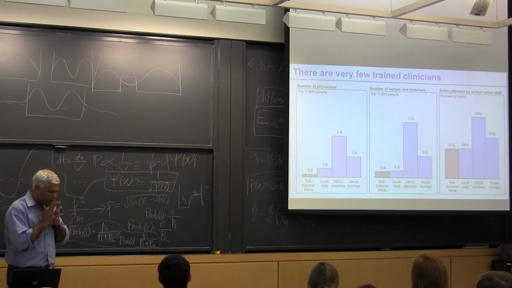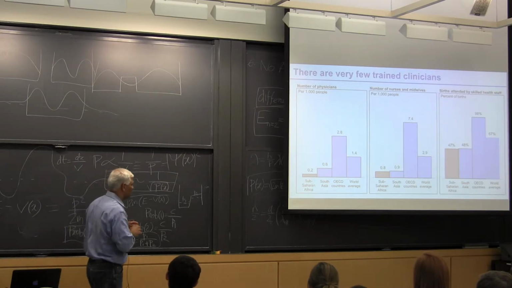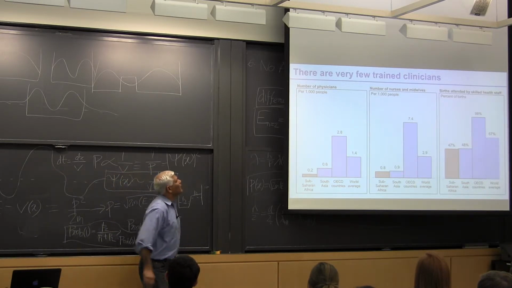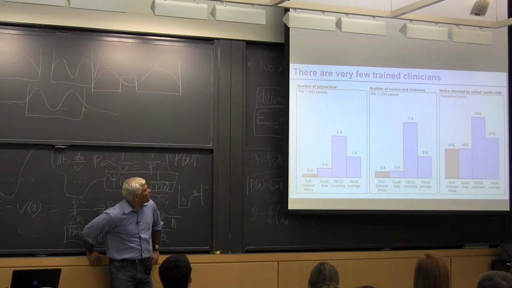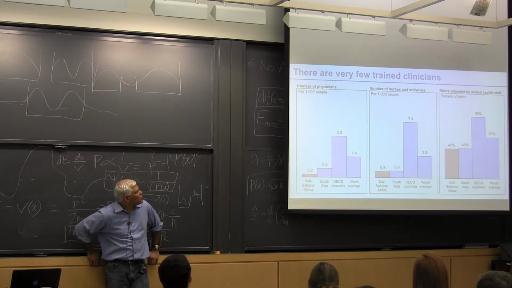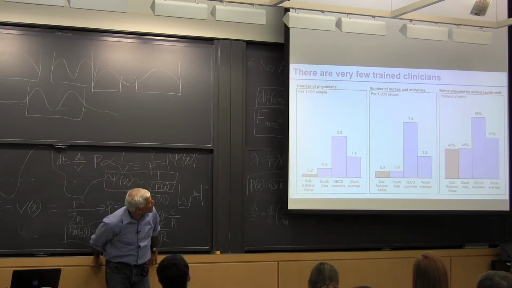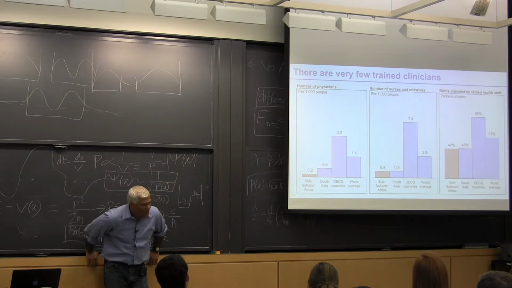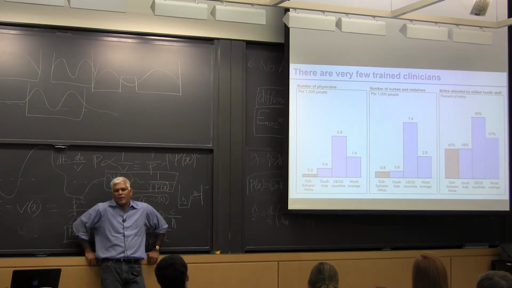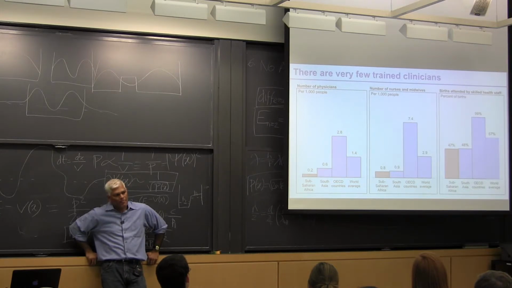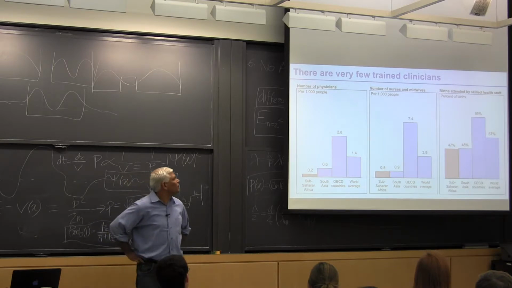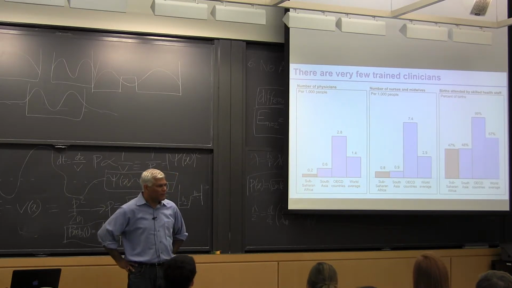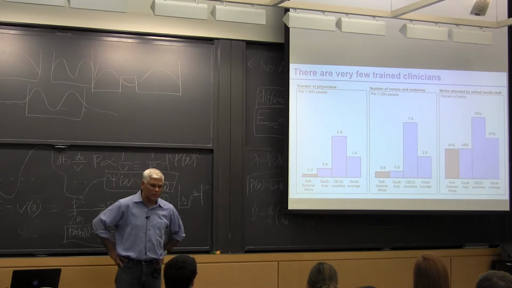Let's look at the clinicians. And the reason this is important, I'll tell you in a second, is that in Sub-Saharan Africa per 1,000 people, there are 0.2 doctors and 0.8 nurses. And that statistic to the right is extraordinarily important, which is the number of births that occur at home versus in a clinic. So it's attended by skilled health staff. Typically, what that means is home versus clinic.